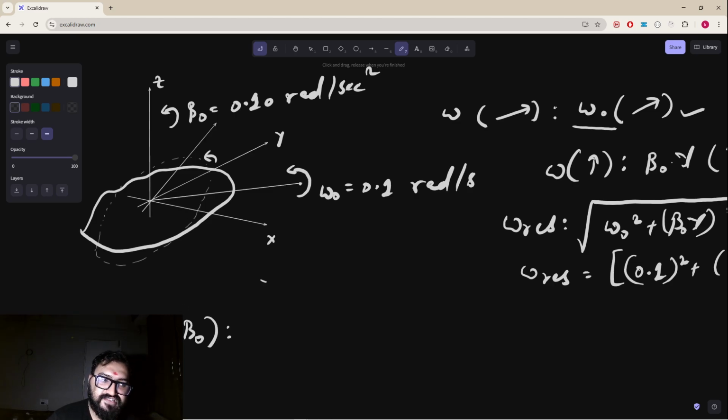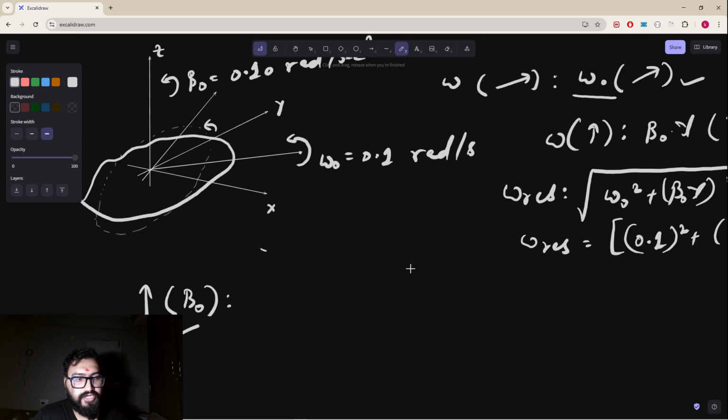Now this angular acceleration is constant along the z-axis, but since my angular velocity's direction is changing in the horizontal plane, this body is also going to have an angular acceleration in the horizontal plane as well, okay? An angular acceleration which is perpendicular to the angular acceleration along the z-axis, okay? Okay, how do I find that out? So basically,